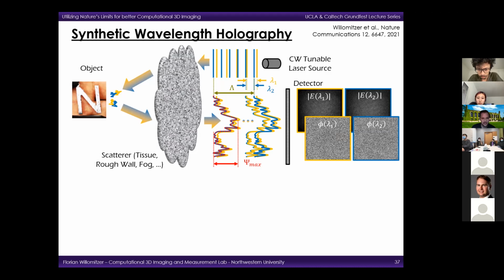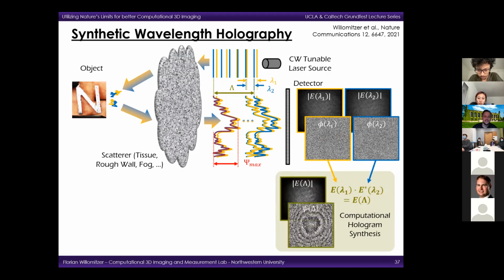But things change actually if we take the two fields and if we synthesize this correlation term here. And this correlation term contains the difference of the two phase maps. And this term is now particularly interesting because the phase of this term actually does show a clear structure and is not speckled. And what is in fact happening here is that the microscopic phase perturbations at each single wavelength, they cancel each other out. And the phase map at the end contains only information about the macroscopic path length variations, which are on the order of the synthetic wavelengths. So what we end up with here is a hologram of the hidden object at the synthetic wavelengths.